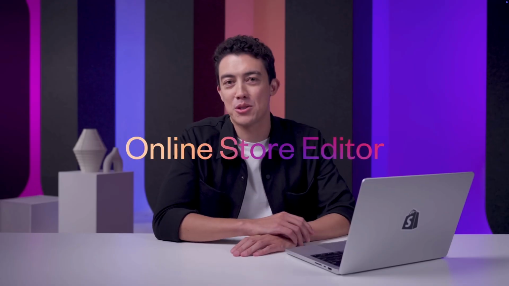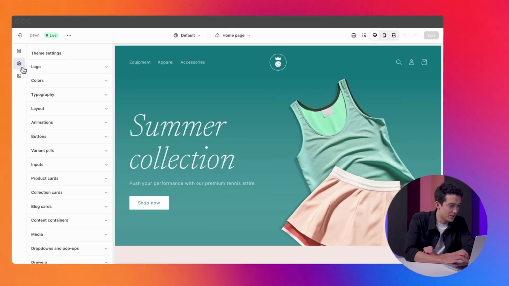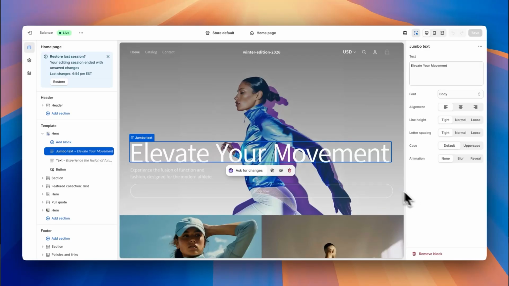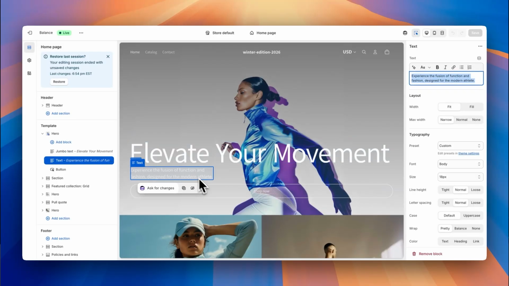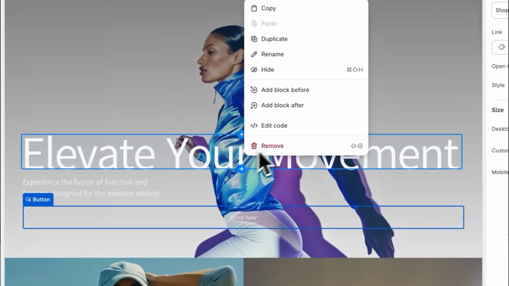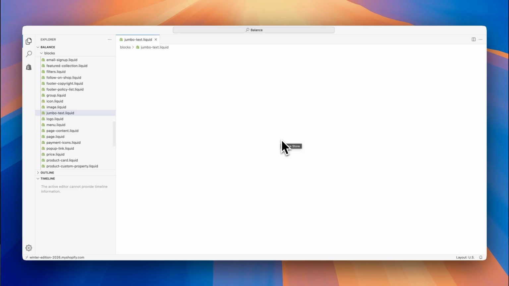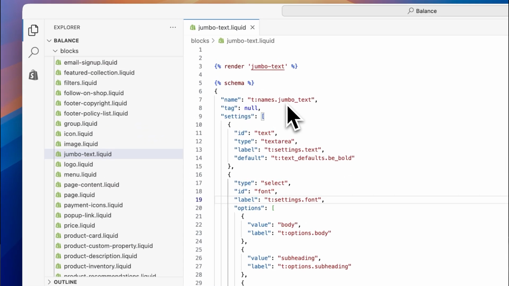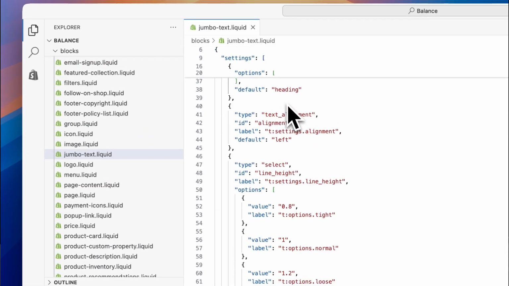When it comes specifically to building a storefront, Shopify provides something called the Online Store Editor. It's a no-code user interface for you to build your website, but at the same time, all of the code used to generate these sections, blocks, and settings is exposed within the theme, meaning that a developer can still access and edit these elements at the code level. What this means is that the possibilities are near endless for customizing your storefront via customizing the code directly, but it also means that you shouldn't necessarily need to know how to code to still get a lot out of